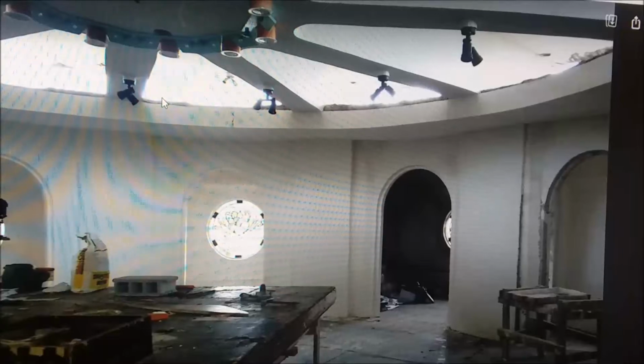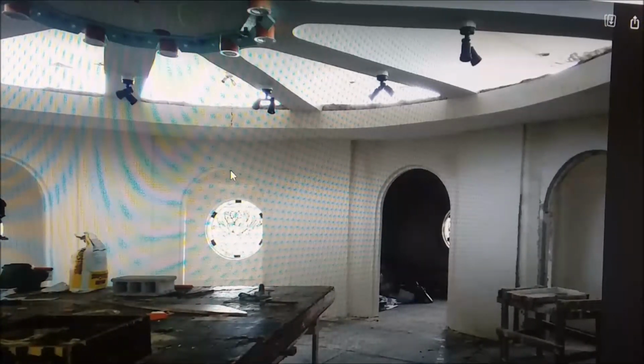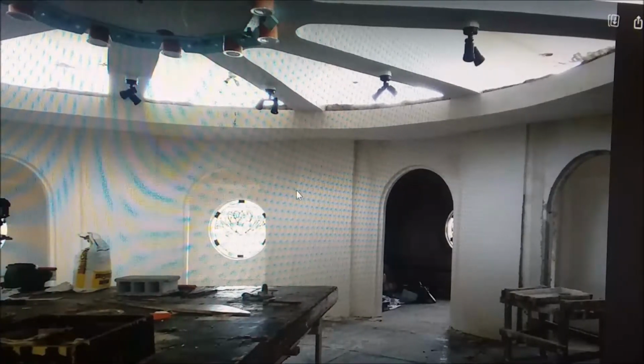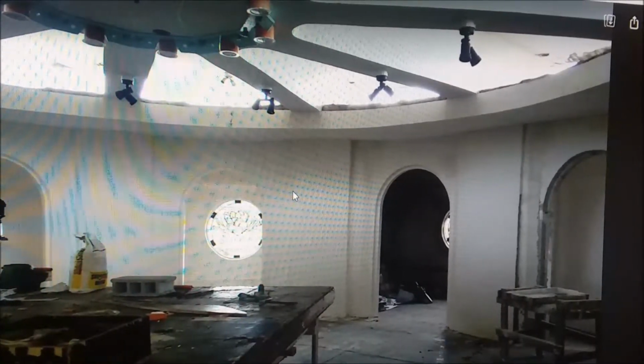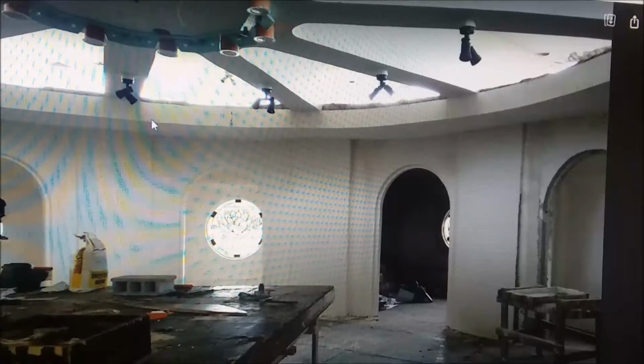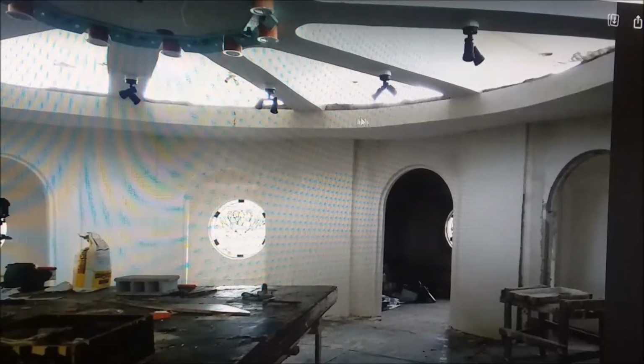In any event, what were we going to look at? Oh, skim coat. They're just putting skim coat right on the thing. There's no wire screen in here. There's no wire screen up there because this is supposed to get a molding. So I'll just take...